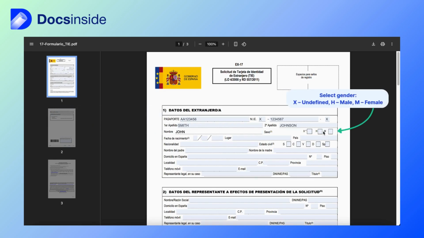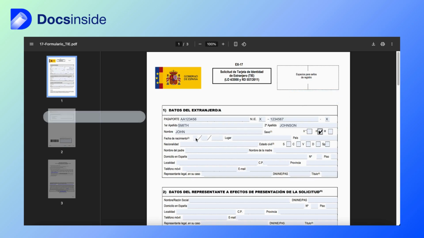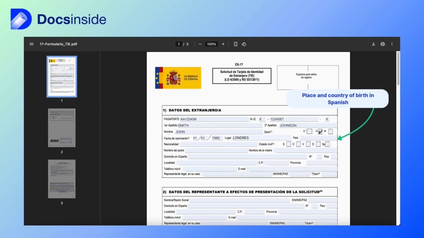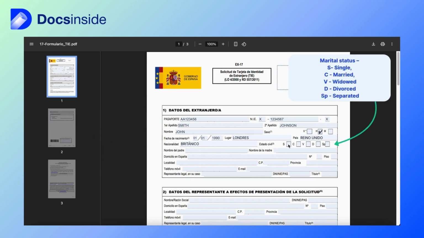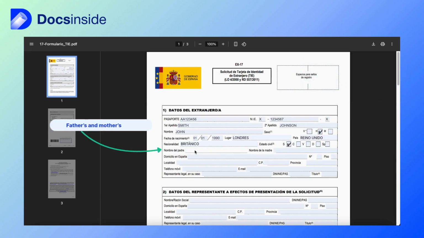indicate your gender, enter your date of birth, place and country of birth in Spanish, nationality in Spanish, select your marital status, enter your father's and mother's name,